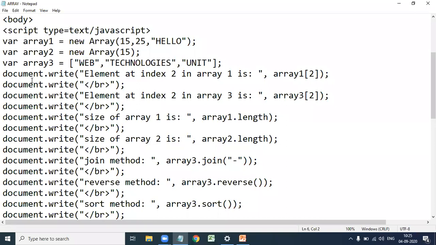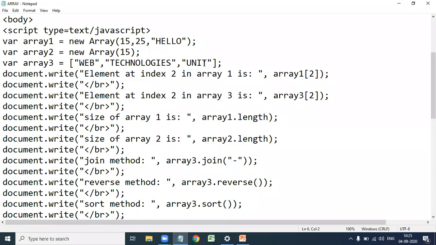Next, accessing the elements in the array. document.write the element at index 2 in array1, that is array1[2]. Array1[0], array1[1], array1[2] means hello. So the element at index 2 in array1 is hello. Next, document.write the element at index 2 in array3.